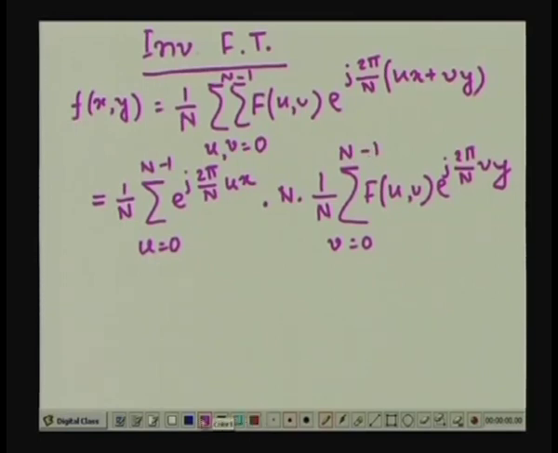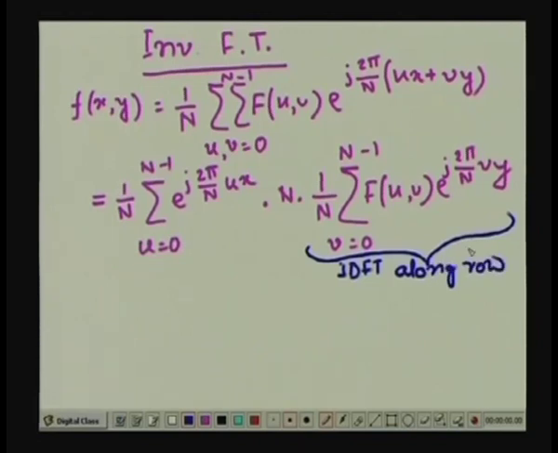Again as before, this second operation is nothing but the inverse discrete Fourier transformation along a row. So, this second expression gives you the inverse Fourier transformation along the row, and when you finally convert this and get the final expression,